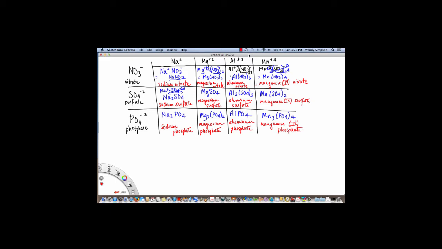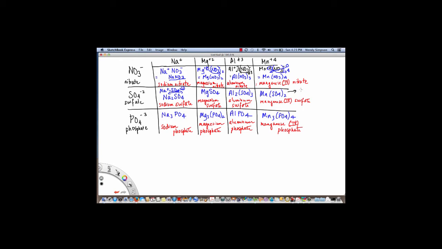Okay, so now we're back and you can compare your work to mine. Here we have Na2SO4, sodium sulfate, MgSO4, magnesium sulfate. The +2 and the -2 charges cancel out. Al2(SO4)3, aluminum sulfate. And to get those subscripts, remember you apply the crisscross rule and put the polyatomic ion SO4 in parentheses before adding the subscript. For manganese(IV) sulfate,